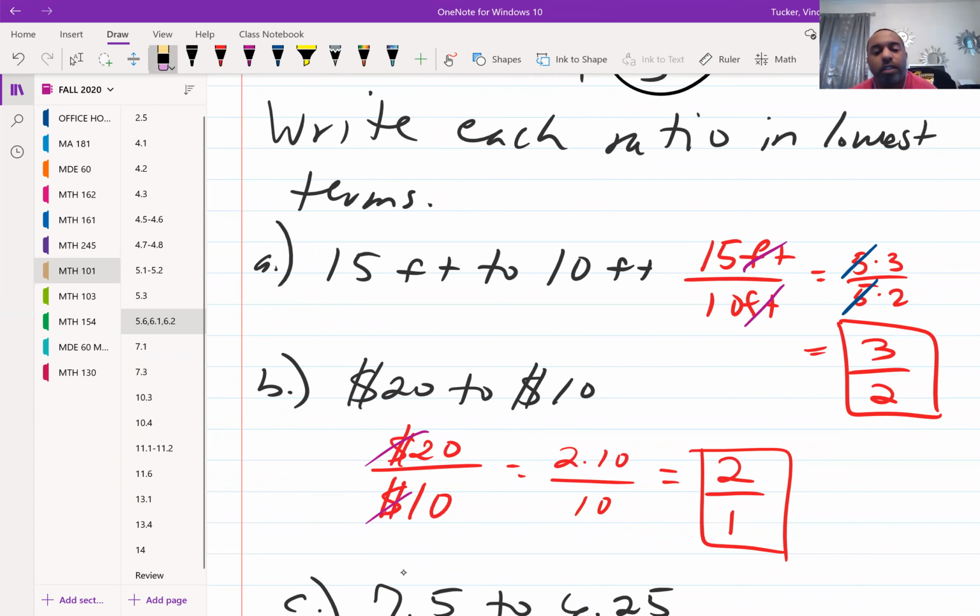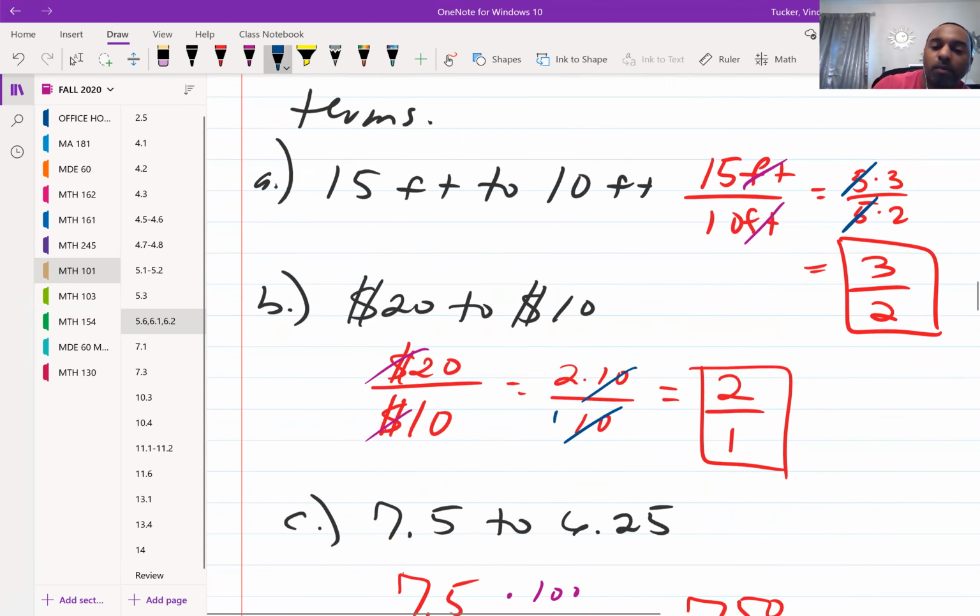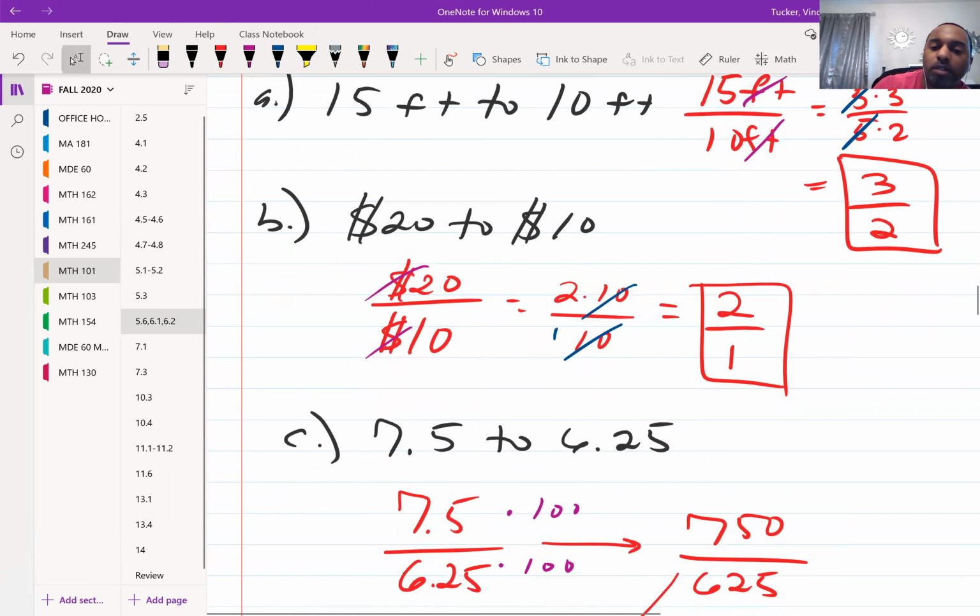All right, $20 to $10. Same thing happens here. 20 over 10. Remember, the first number is always your numerator, second number is your denominator, 20 over 10. So it can reduce by 10, and that's a 2-to-1 ratio. All right, then the next one,